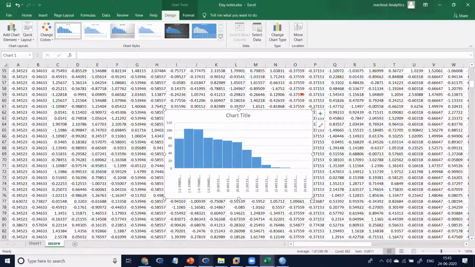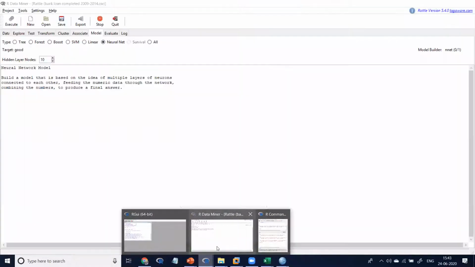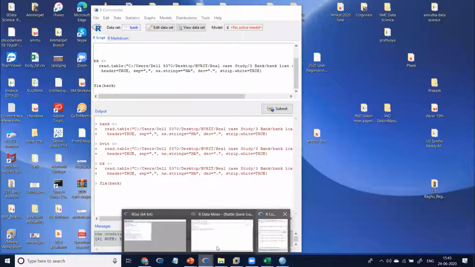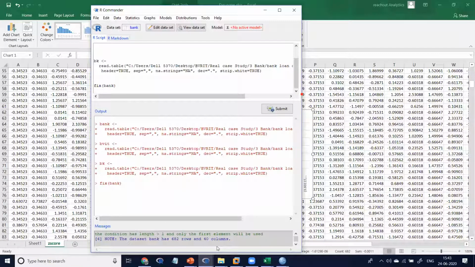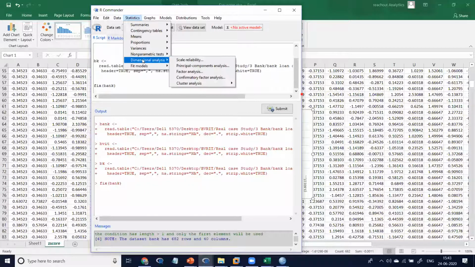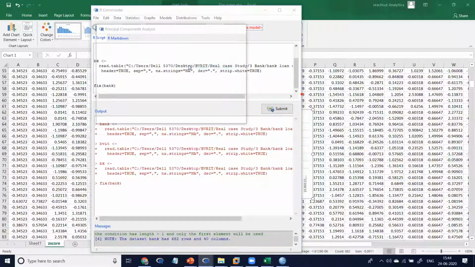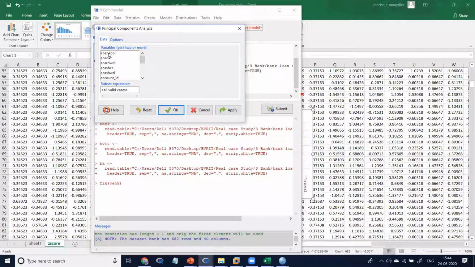Okay. Come to one technique, each tool. But ultimately you can do anything in any tool. Now I will apply PCA using RCMDR. Come to the bank data, analyze, dimension reduction, principal component.